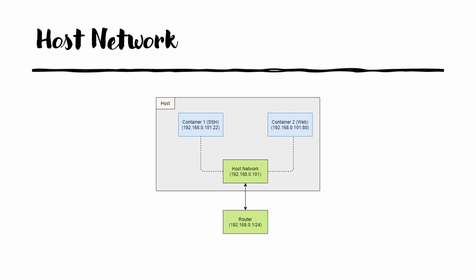Next we look at the host network. This is one of the core networking components of Docker and is created by default when Docker is installed. It removes the isolation between the container and the host network. From the above diagram we can see the two containers which are exposed via defined ports are using the same IP address of the host network. Host mode networking optimizes performance in cases where a container needs to access a large range of ports.